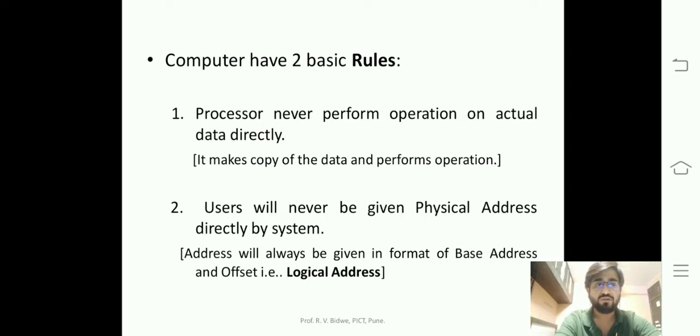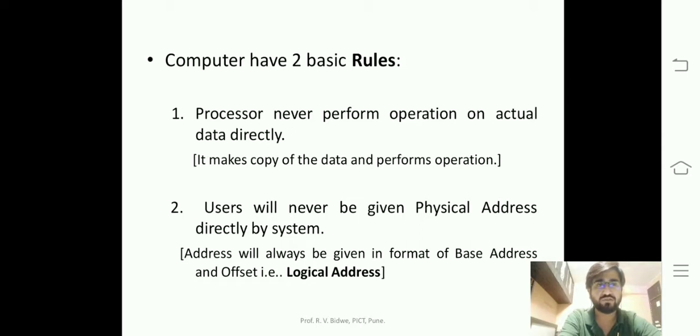If I want to make a change in that file, what we usually do, human mentality, is make a copy of that file and make changes in that copy. When we confirm that the changes we have made are final, then we replace the old file with the new file. The same thing is done by the computer. For the computer, the most important thing is the data. So data is very important for the computer, and your computer never plays with the data.